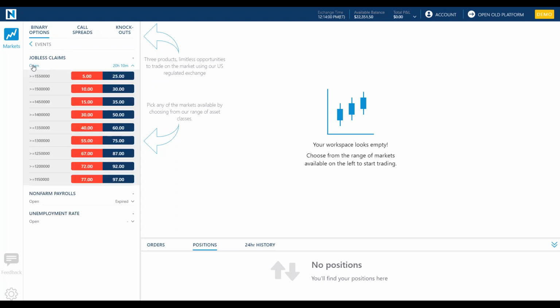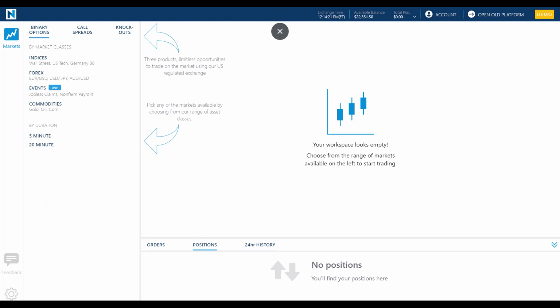And you can actually see what people are predicting. Is it going to be greater than or equal to a number? Right now, it looks like, is it going to be greater or equal than 1,350,000? And you can make your prediction, yes or no. We'll get into the binaries later, but they could be rather interesting. Again, not a lot of price action, but certainly if you have an opinion, a great opportunity. Our call spreads, and then I am going to start with knockouts, indices, foreign exchange, commodities, and we're going to actually look at some markets.